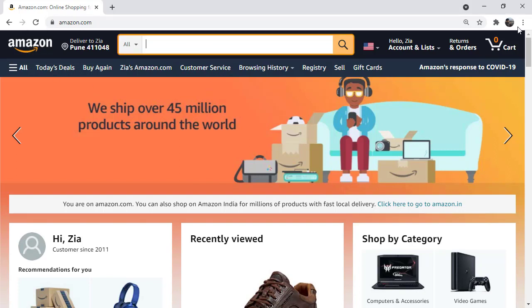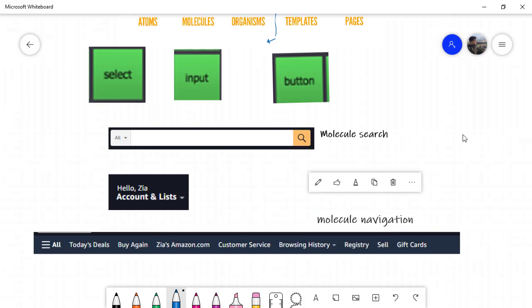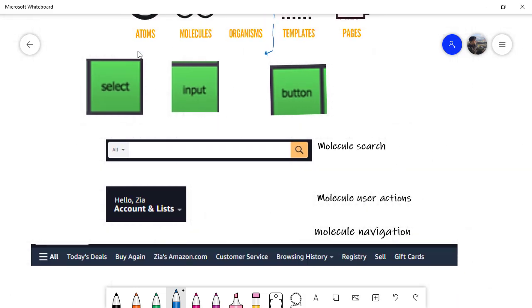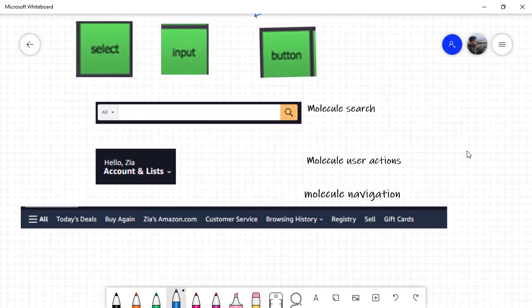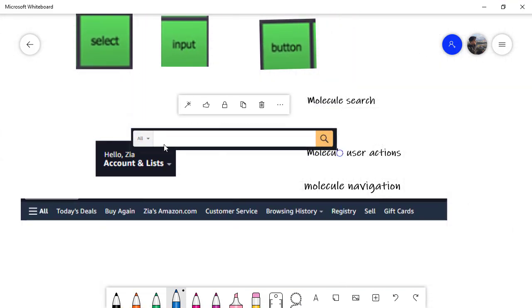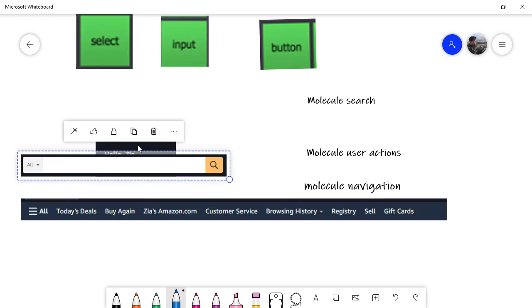Right? So this header here is a combination of multiple molecules, and then when they come together it becomes an organism. So we're going to put all these things together, and we're going to say that, hey, this is our header section. Probably there are more things